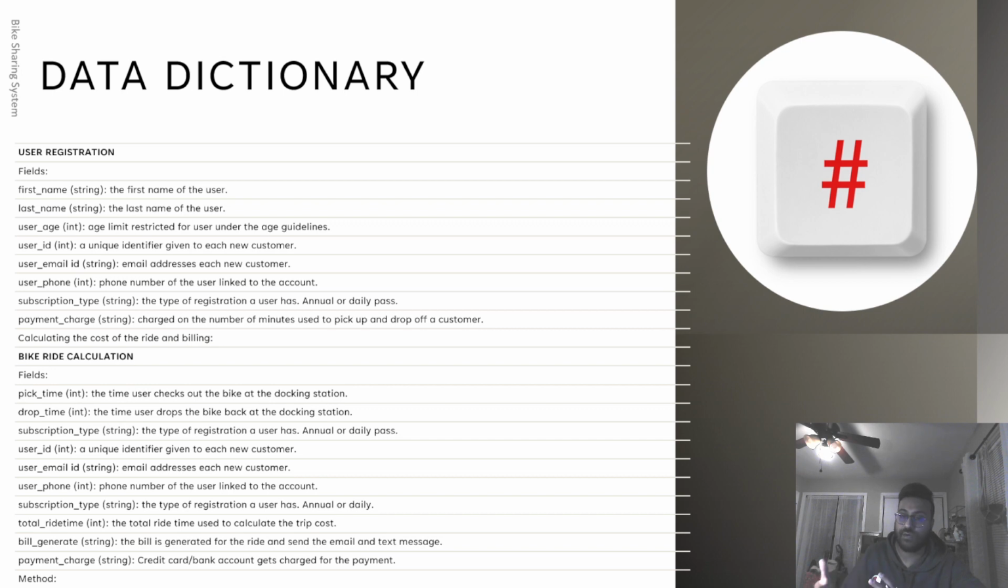Moving on. So here is a data dictionary that I used in order to create the Python code that is going to come up next. The first thing is the user registration, which is really important in the overall bike system. We look at fields such as first name, last name, user age. If the person is under the age of 18 years, we cannot lend them a bike, things like that. So a unique user ID, email ID, phone, subscription type, that is the annual or the daily pass,